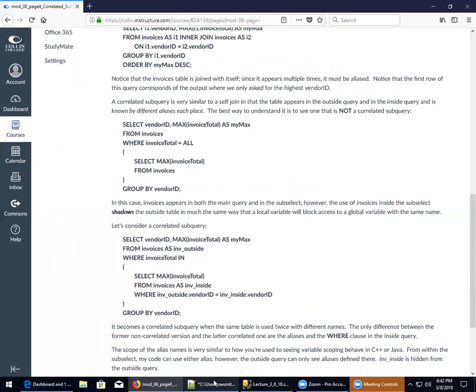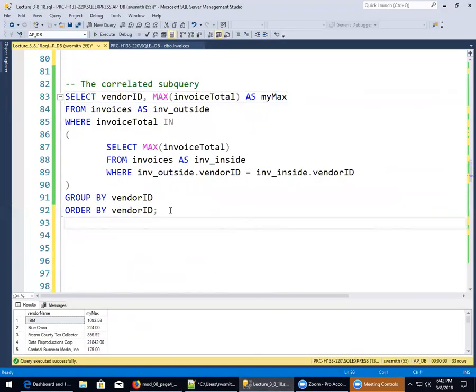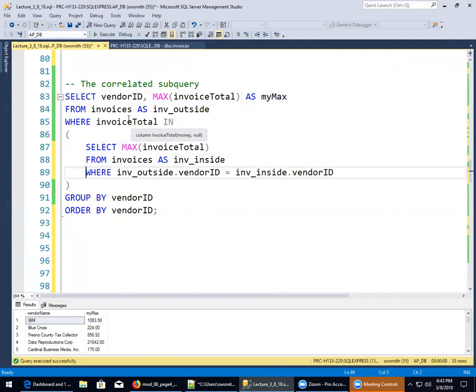Anyway, let's look at it here. I don't know that this particular example has to be done using a correlated subquery. Something is bothering me about that as I look at it. I'm saying, wait a minute, I could do this. I think I could do this with a group by. But let's do it this way anyway. The thing that makes a correlated